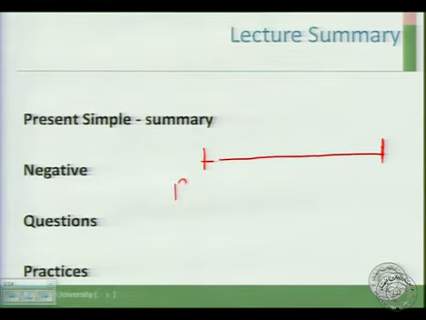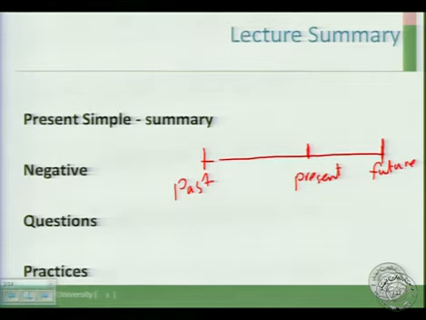And if we say this is the past, and this is the present, and this is the future, so this is the past, الماضي, and this is the present, الوقت الحاضر, and this is the future, المستقبل. So the present simple is something that happens every day. So something that you usually did in the past, and you do now, and you will do in the future. This is why we call it the present simple,